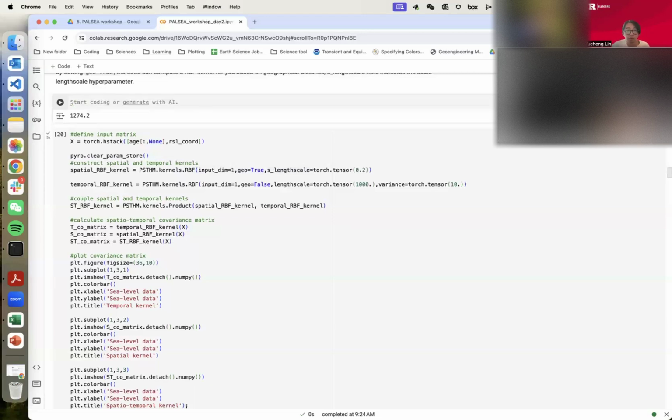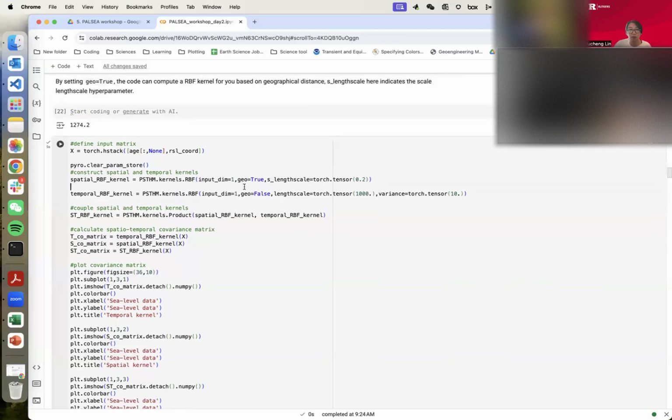Okay, I do not set a prior here because I just use it for illustration, but in a real project, you might set a prior for the length scale. And I set a temporal kernel here with geo equals false. If you do not set it, the geo default is false, so the default kernel is a temporal kernel. You might notice that for the spatial kernel, there's no variance value. The variance value is always equal to